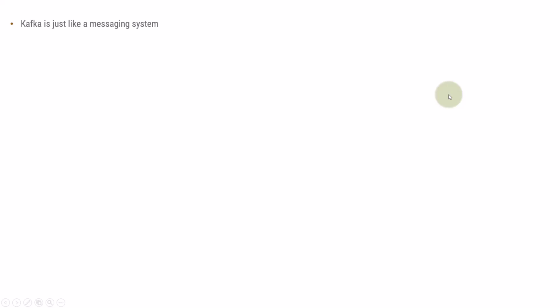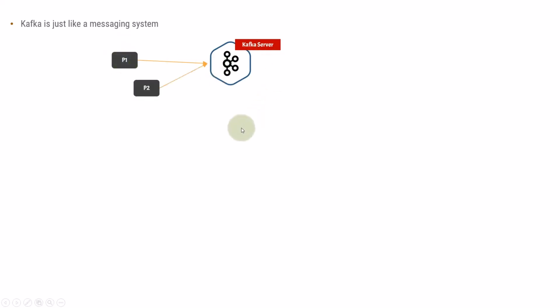So Kafka is just like a messaging system. You can think, on a high level or a macroscopic view, that Kafka is a messaging system. There is a Kafka server, you will get a software, you need to start it and that will start a Kafka server. This Kafka server will be listening on a particular port or IP. There are producers which send messages to this Kafka server. As I have said, it is a messaging system, which means every producer can generate some messages and those messages are published to this Kafka server. There can be multiple producers that generate messages and publish them to this Kafka server.